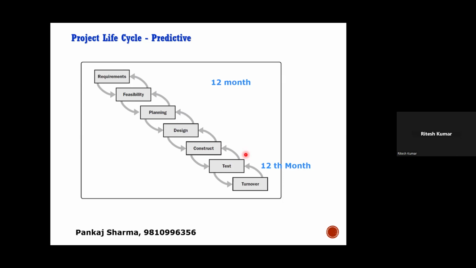Pankaj, even if you're doing the documentation, there will be some project manager assigned to this predictive life cycle, right? So in case you are doing this designing, you are taking the go ahead or sign off from the client that this is what we would be building up, right? I'm saying that the client might be ambitious, even if you're doing testing and turnover. It's not the question of the client being ambitious. It's a question of whatever you document, putting a document into reality is practically a very difficult task.